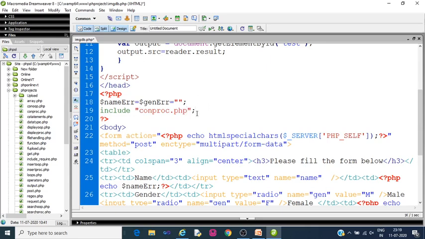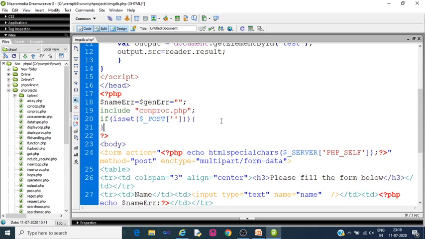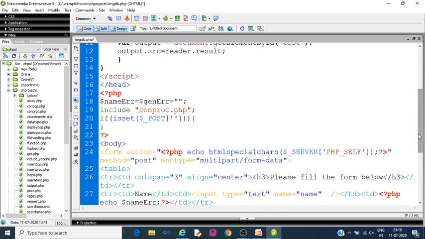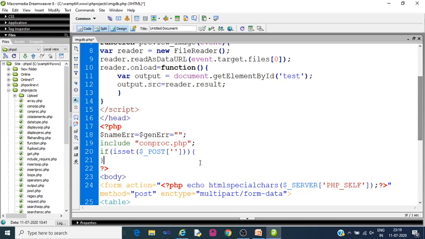And after that, if it's set $_POST, so if the submit button is clicked, then only the data should get inserted,